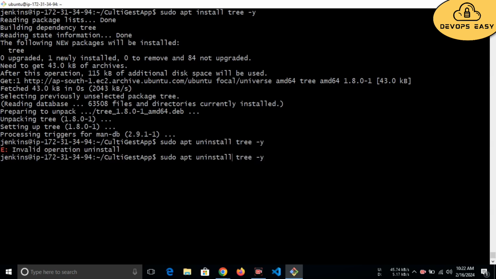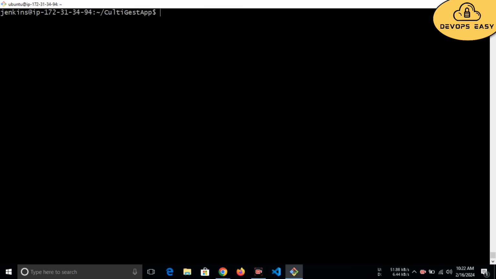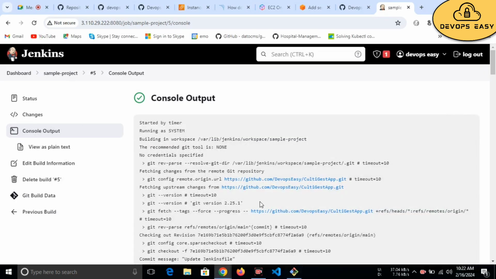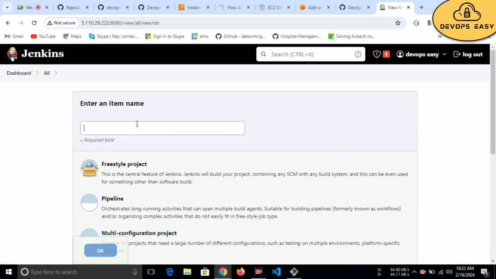Not uninstall, purge. Okay, the purge command will remove it. I will just execute tree again. Tree command not found. Now shall we install this using Jenkins, just a basic job, new item,